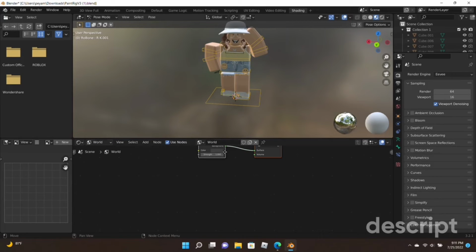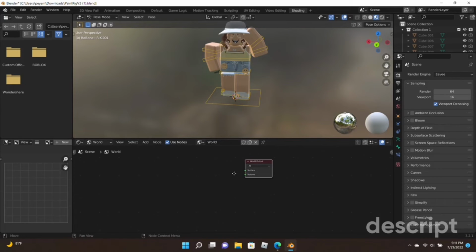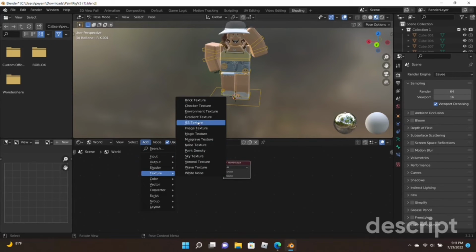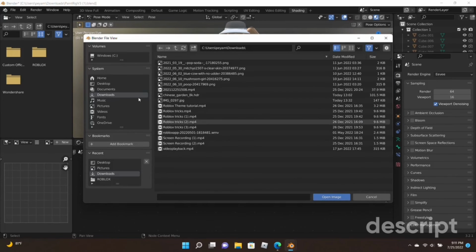You can bring these down and then click on the green one, right click and hit delete. And then you can bring the world output just right there in the middle, and you want to hit add. Then you can put texture and hit environment texture. You can just put it there, and you want to connect color to surface. Just like that. And now you can hit open on the environment texture